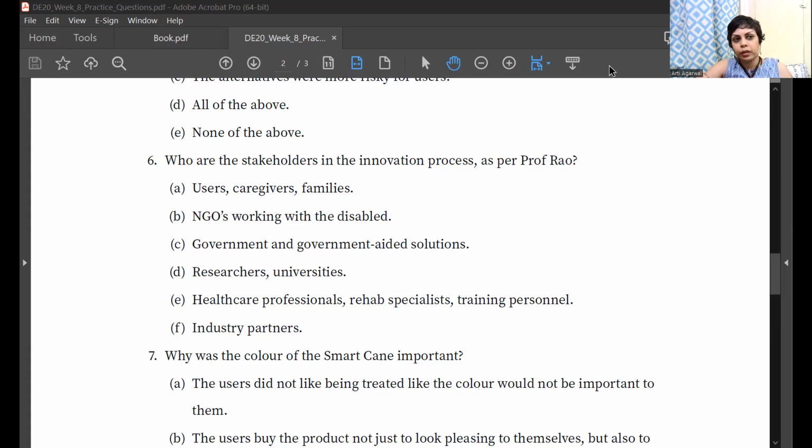So it could be the friends of that person who are actually helping him or her get through different issues they may have. So the second part is NGOs who are working with the disabled, especially now in this context, we're designing something for the disabled. So the thing is that NGOs who are working with disabled of a certain category, that is who you are designing the product for, they will have a very big